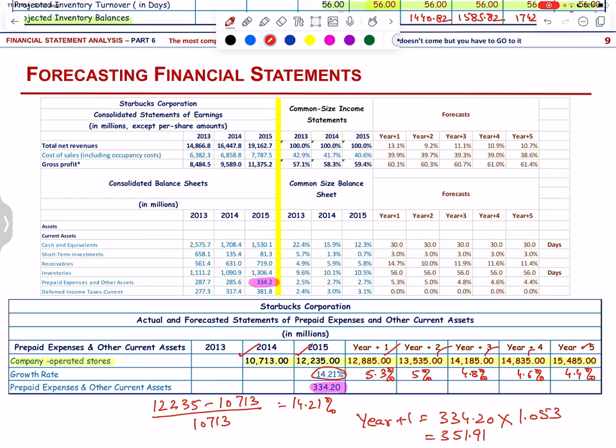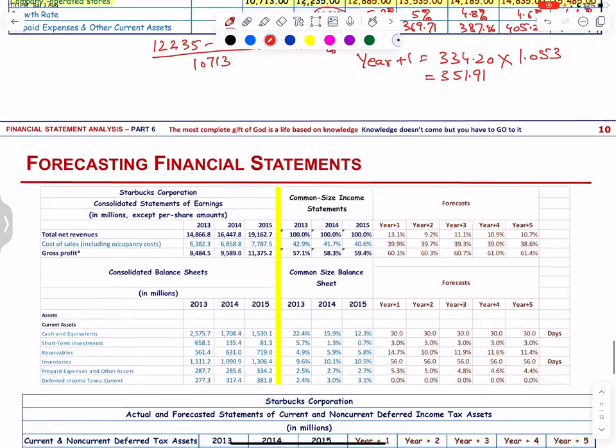So that is 351.91 or 95, 369.71, 387.46, 405.22, and finally 422.97. So that's how we are going to forecast the prepaid expenses and the other current assets for the next 5 years. And finally, we are going to project